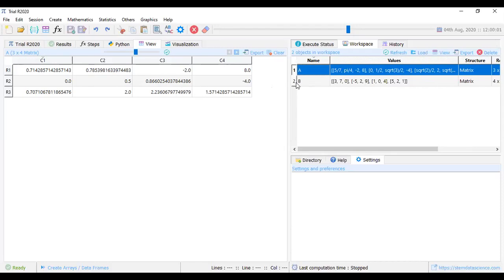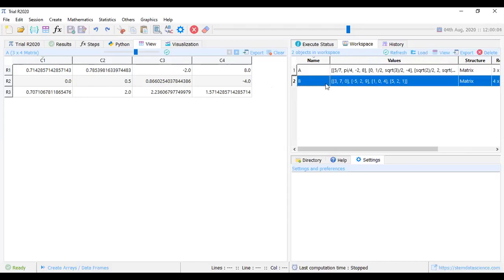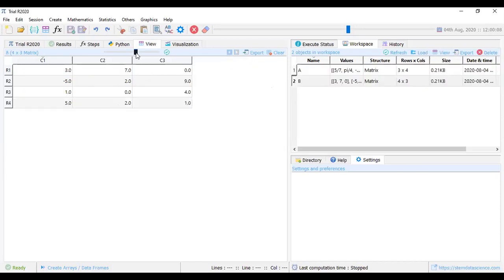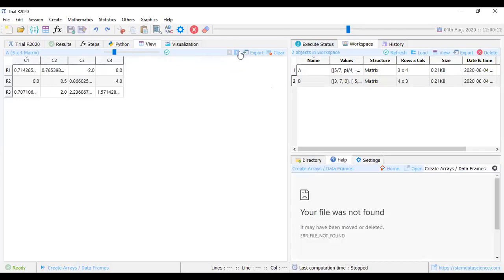If I wanted to view the second matrix, of course, I can click here and then view. It will give me the second matrix. I can reduce that like that. I can also use these two buttons to go within like that. This one here is telling me there's some file that I've not put here. Well, with that, after I've viewed my inputs, I can choose to clear,